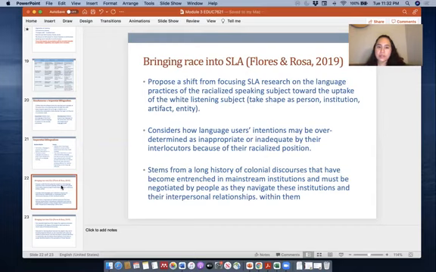Often the misconception is that a white listening subject has to be a person. No, it can represent an entity, an artifact, an institution, a thing that interprets and makes assumptions or decisions on the language practices of groups or individuals. Under this article, Flores and Rosa consider how language users' intentions may be overdetermined as inappropriate or inadequate by their interlocutors because of their racialized position. This interlocutor, again, could be a person, institution, artifact, entity, the perceiver,